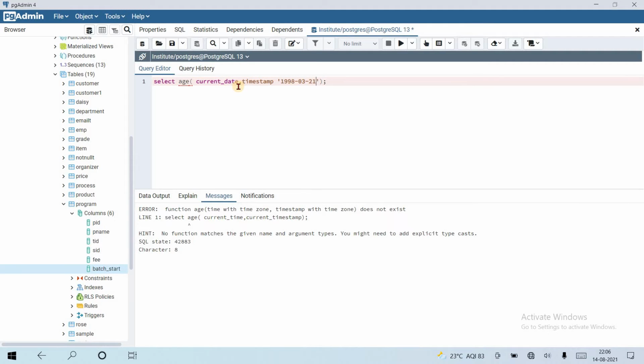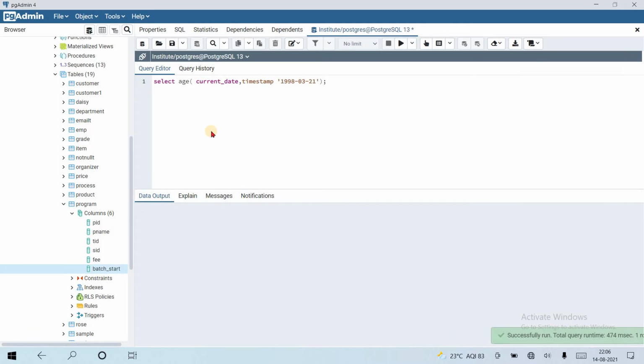Okay, let's see, the result is 23 years 4 months and 24 days. That's it, similar to the previous. So from 1998 up to today, it will be the same. If we do not specify any first parameter or first date, it will take the current date by default.